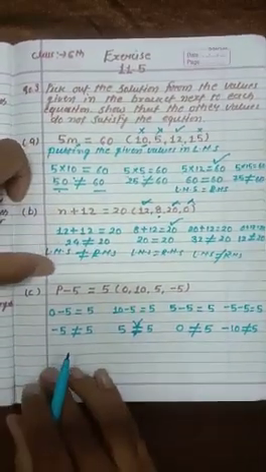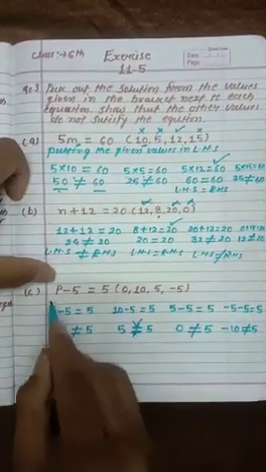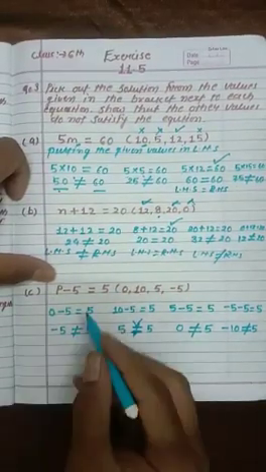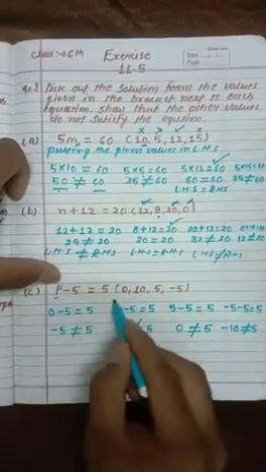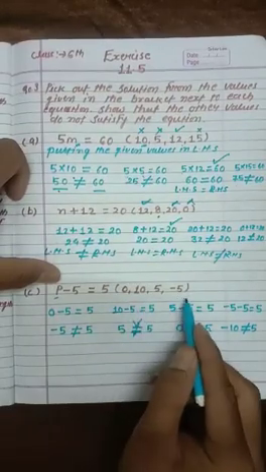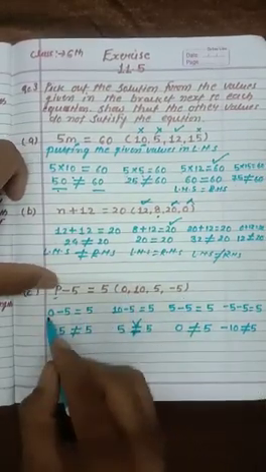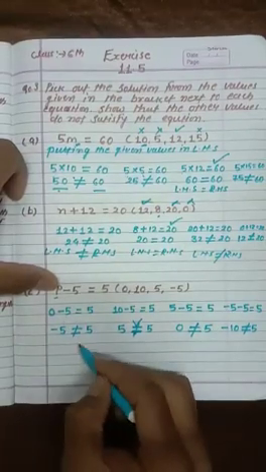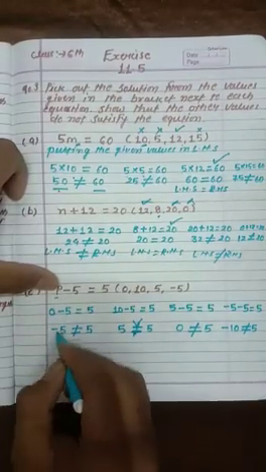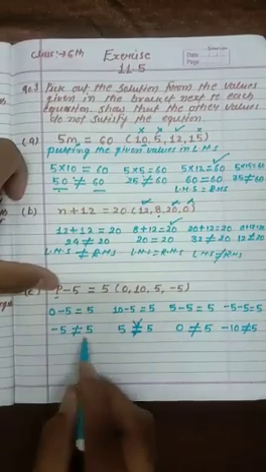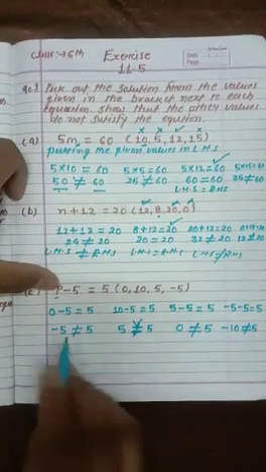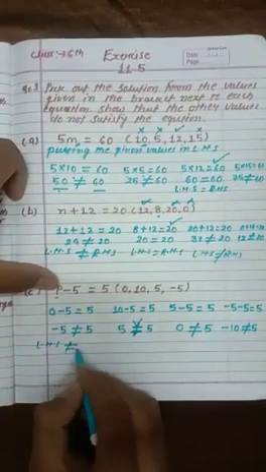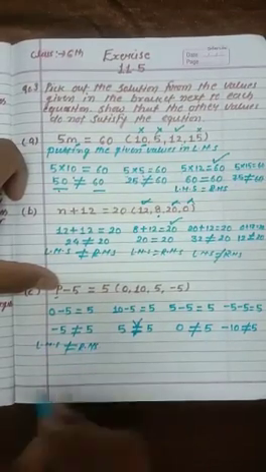In the same way, we'll do the next one, that is p minus 5 = 5. We have to find out which value is satisfying the equation. For the variable p, many values are given. First we put 0. If you put 0 minus 5, it will be minus 5, and minus 5 is not equal to 5. Both are quite different values. This is minus 5 and this is 5. So we can say that the LHS is not equal to the RHS. So this is not satisfying.